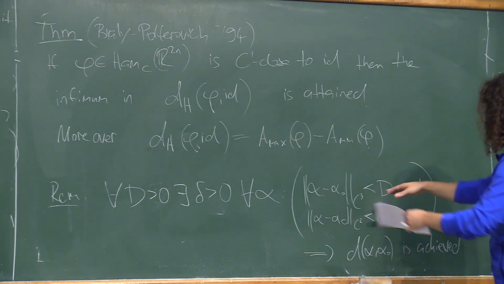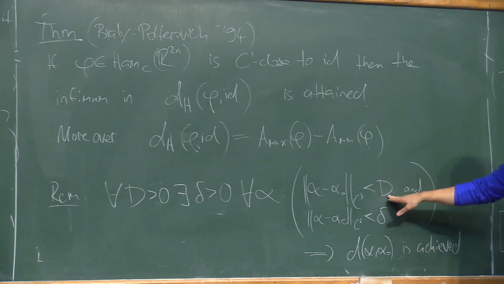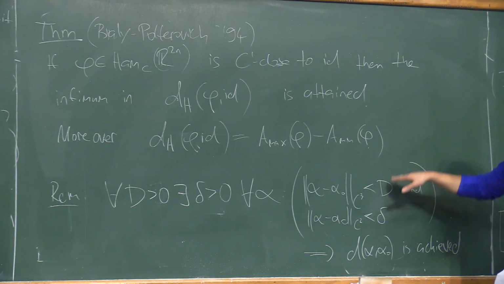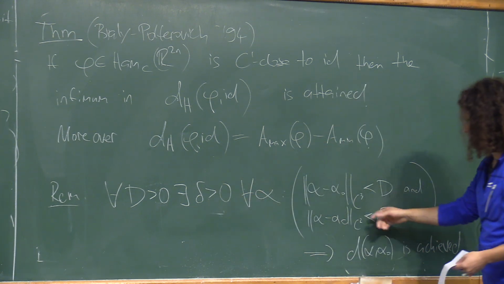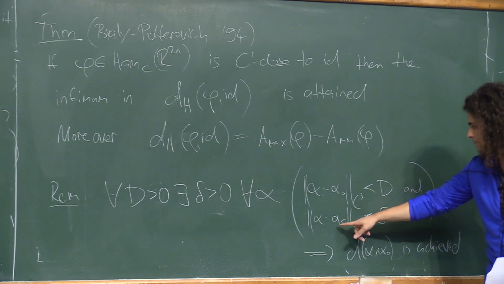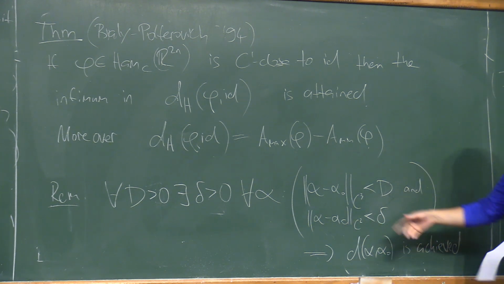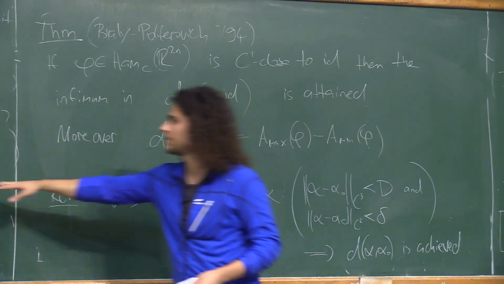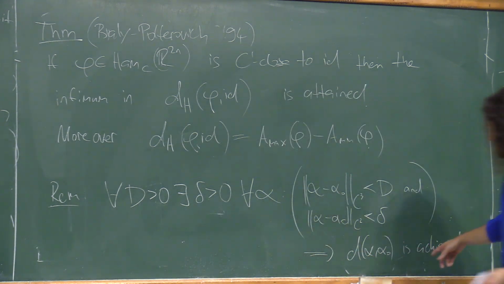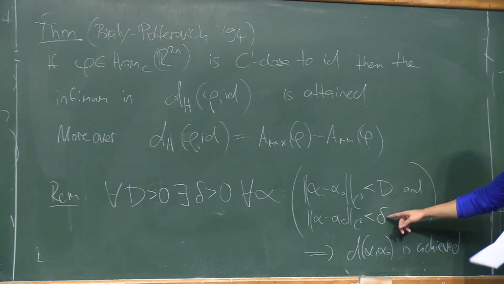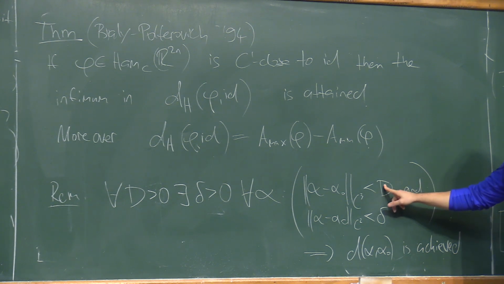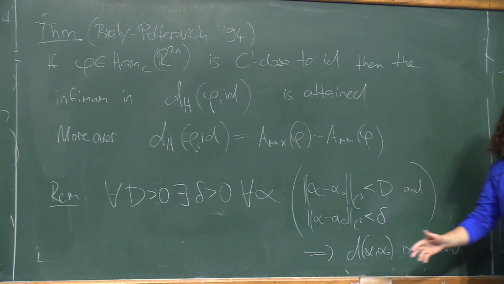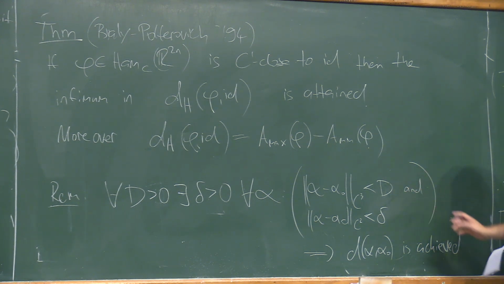And then I look at the C3 ball with this radius d, right? And then given the d, I can find a delta such that I can intersect with the C2 ball, that's a small delta, and then this whole statement, the assertion here, holds for all these contact forms. The problem is that a delta could become very small as the d becomes big. So it's not quite C3, but it's kind of close. And yeah, it's not quite clear whether that's just a technical thing or whether we can remove it.